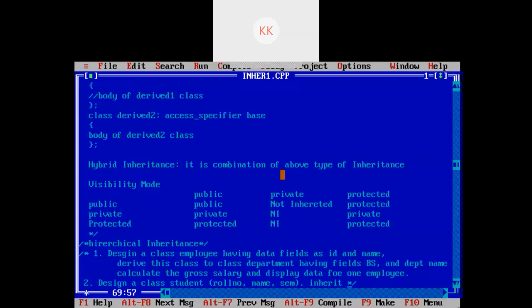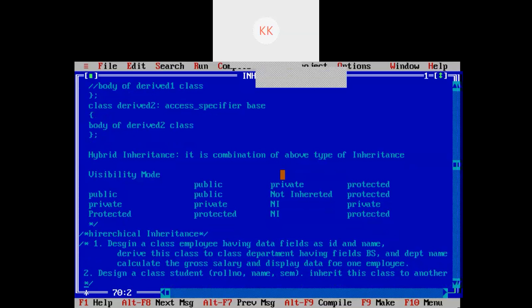Inherit this class to another class test having fields marks in three subjects.